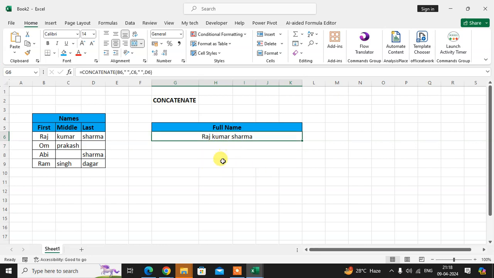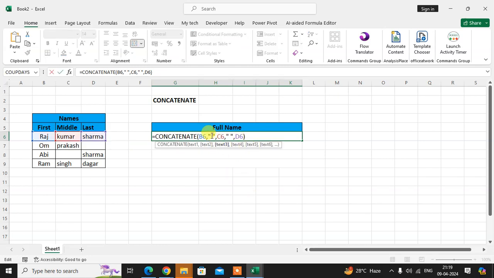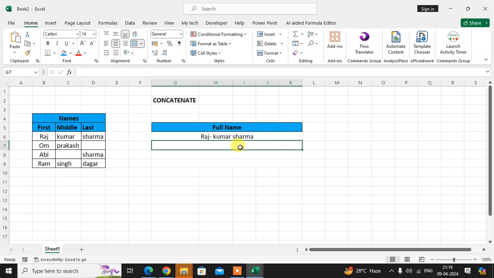So if I want some dash after Raj, then just edit the formula here. In between the double quotes, just enter the underscore and just bracket close. That's it. When I drag this formula, I just copy paste this formula, that's it. Here you see all names are the same,